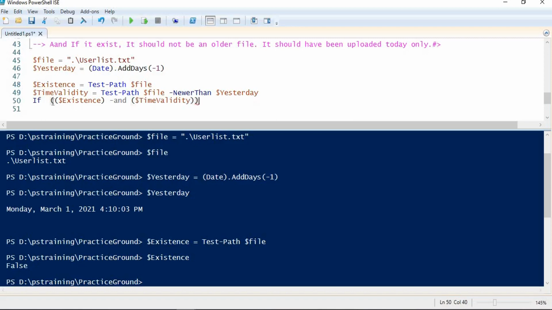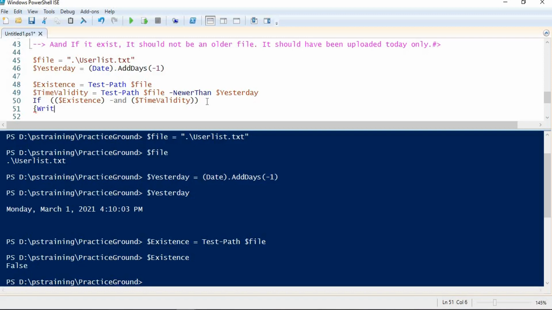So my condition statement has been made: if both these statements are true, this one, whether my file exists or not, and second, whether it is newer than yesterday's date or not, if both my conditions are true, then execute this statement, right?